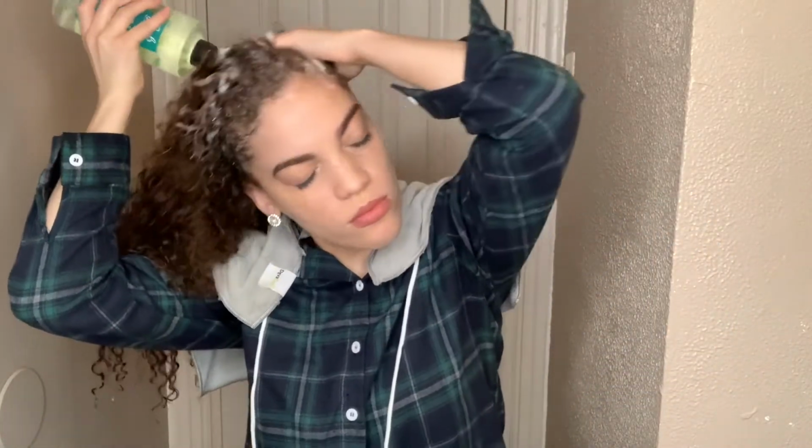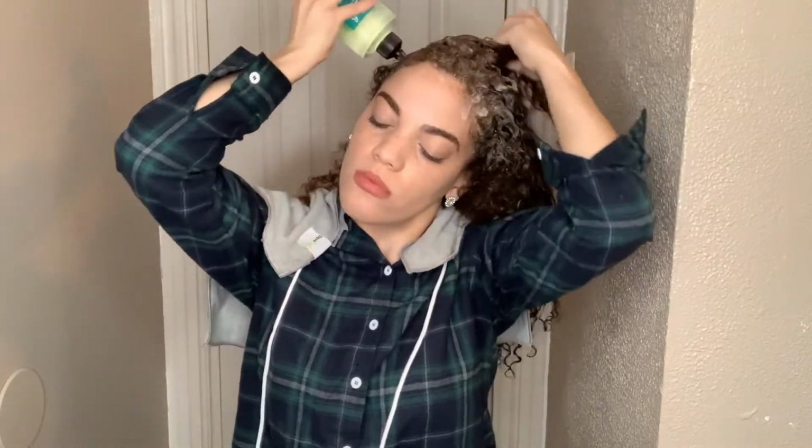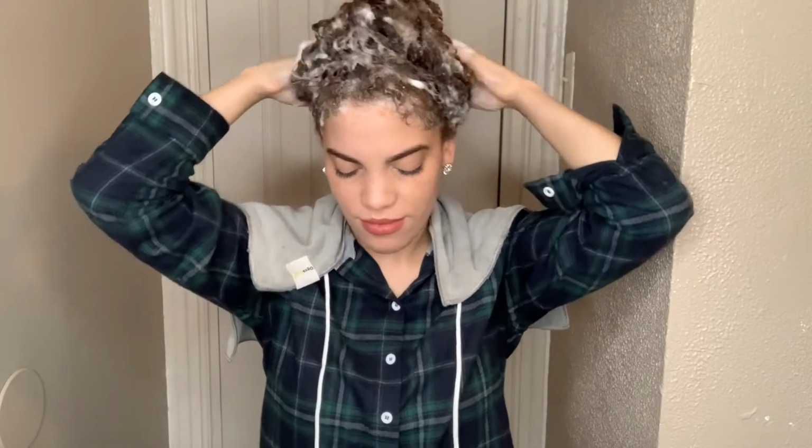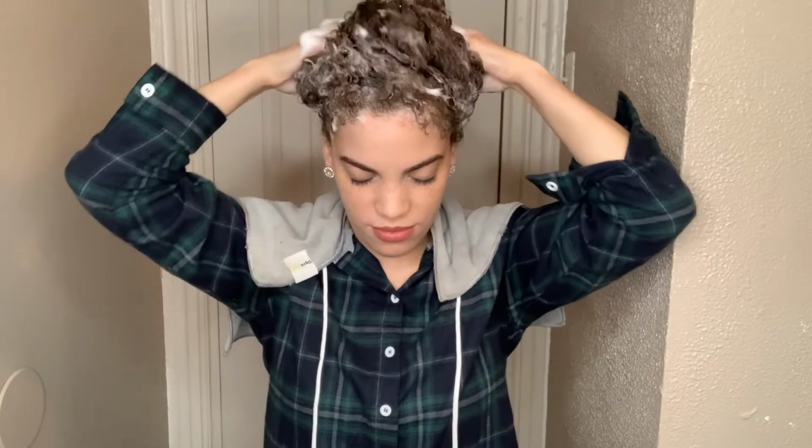Let's do this. Wow, I like this. So good. Look at all this. I am loving this right now. I feel like this is gonna last me a while. And the fact that it has that pointy thing that you can just point to the scalp and just continue